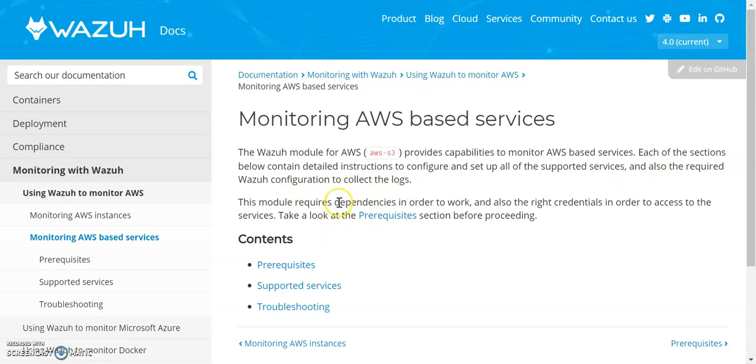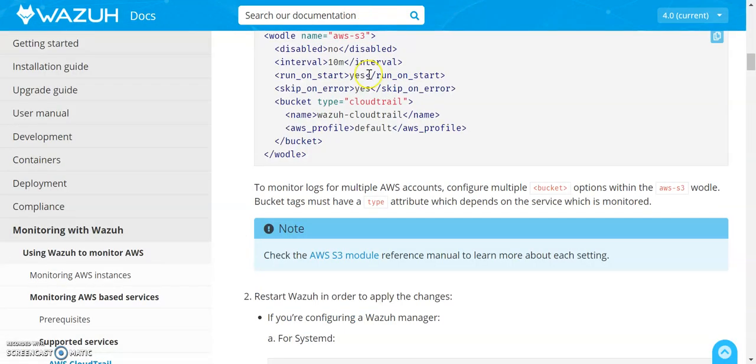So using this, you can collect the logs from different supported AWS services and analyze those logs in Wazuh. By analyzing those logs, you can create different Kibana dashboards for monitoring purposes.